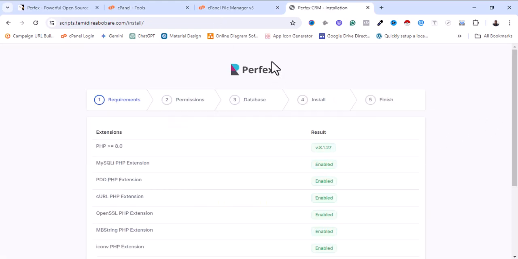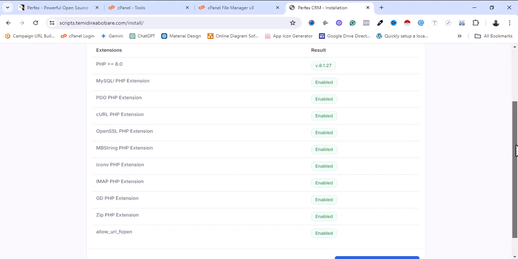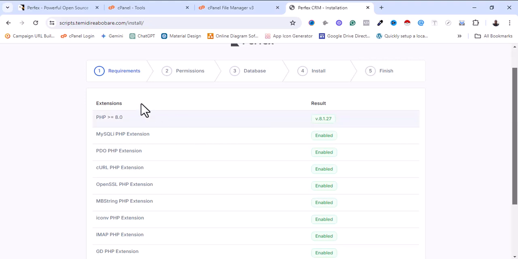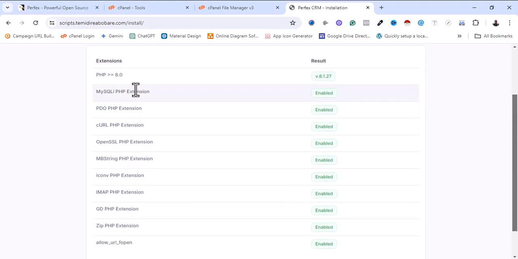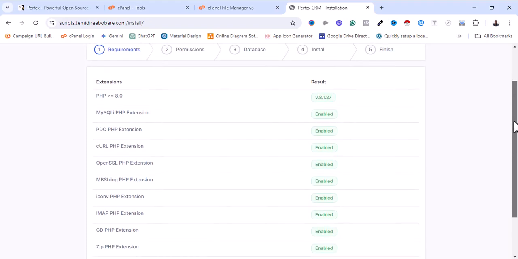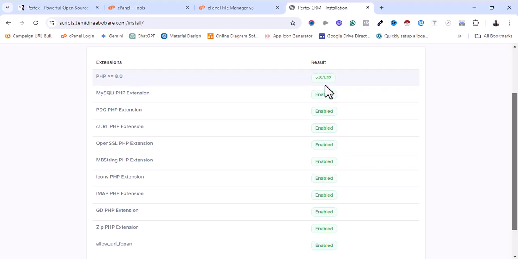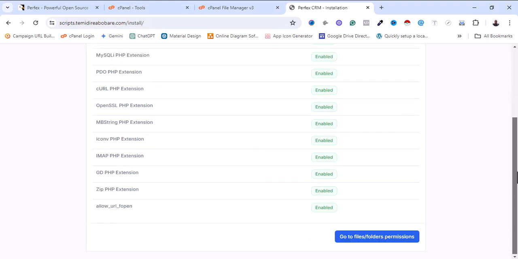Hope you can see now. Once I click on enter, it's going to take me to this page, and all these PHP requirements they're asking for, I meet up with this PHP requirement. That is why the result is green. If I don't meet up with the requirement, some of these features might highlight red, but my server meets up with this requirement. So right now I'm going to go down and